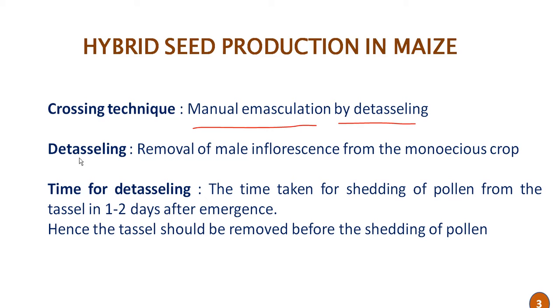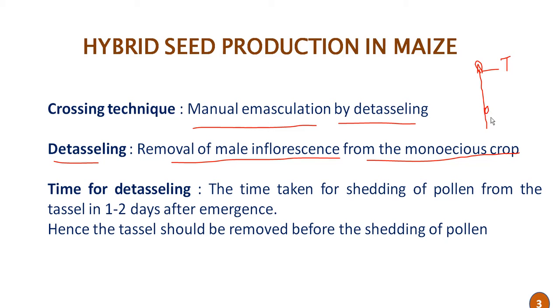So let us see first what detasseling means. Detasseling means removal of male inflorescence from the monoecious crop. So maize is a monoecious crop. That means maize has male and female flowers in the same plant but at different positions. At the top there is a male inflorescence in case of maize, known as tassel, and